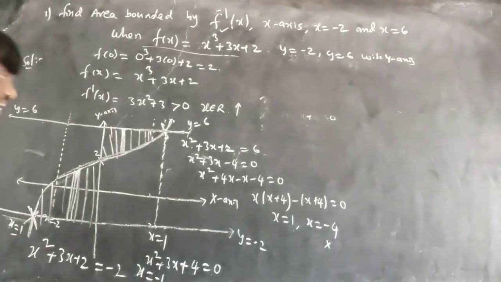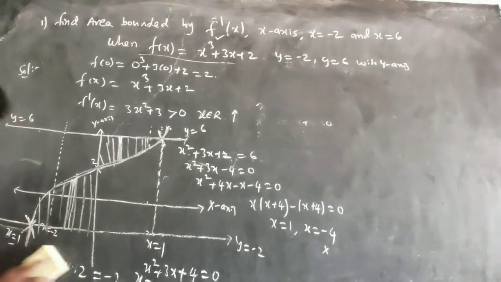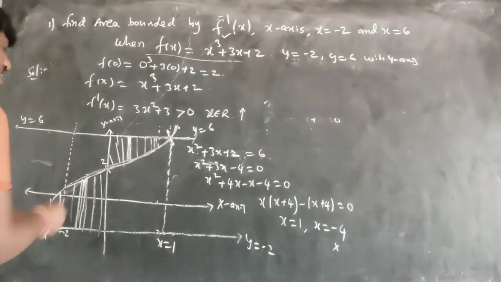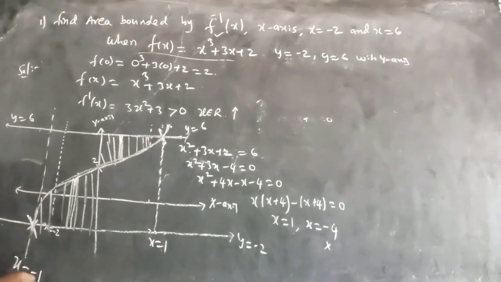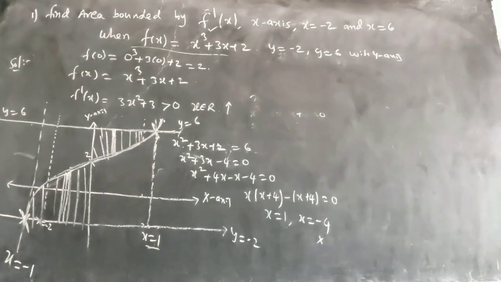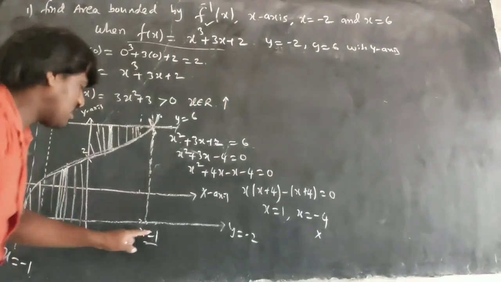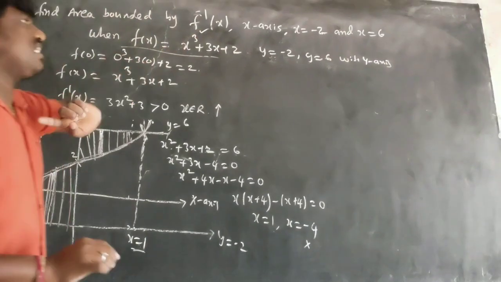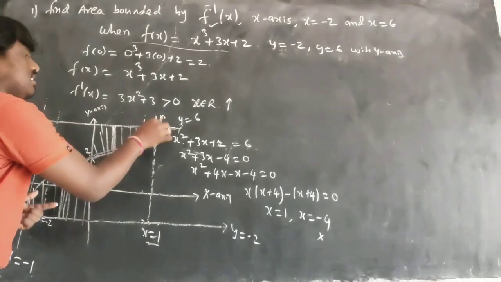So I have to find the horizontal answer. Now you understood, I want to find this area. This is x is equal to minus 1 and this is x is equal to plus 1. Now I use the integral and find the area. My aim is to find the area, not these values here. Finding this area will be the answer. How am I finding it? By taking the intersecting points.